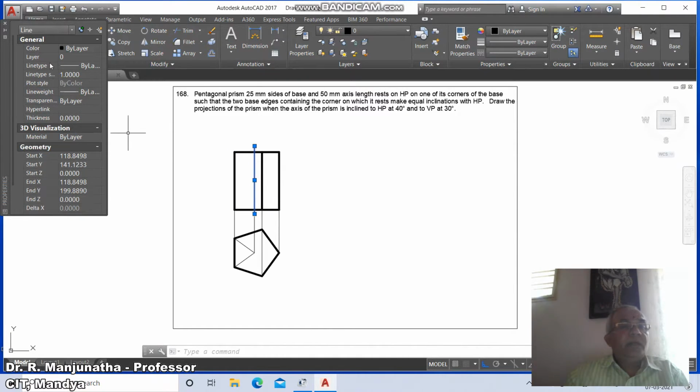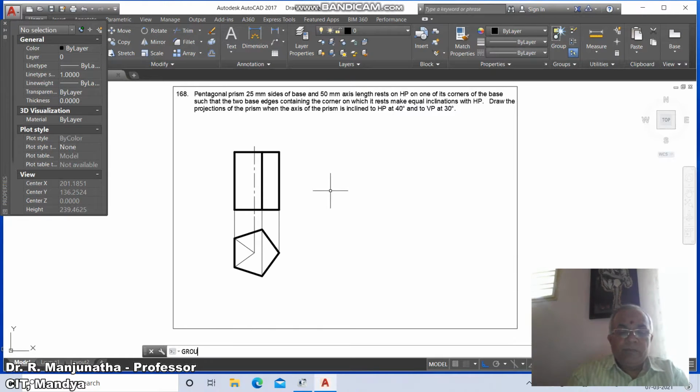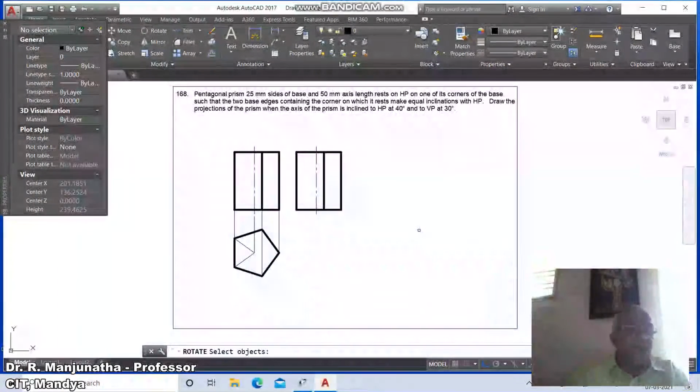Then pick on this and go to layer, make this line as axis and take this distance as 10. Then go to group, select this entire thing as a group, then go to copy, select this, copy this to the next position and go to rotate, select this, take the intersection part of this and